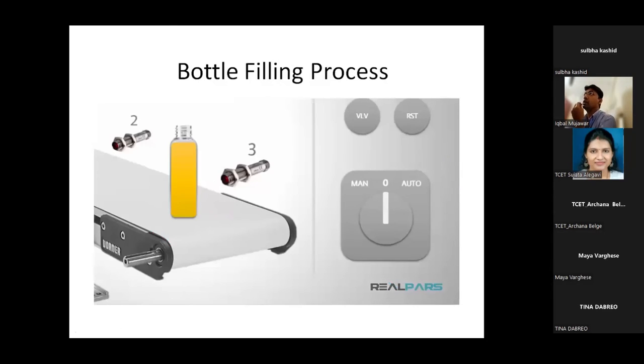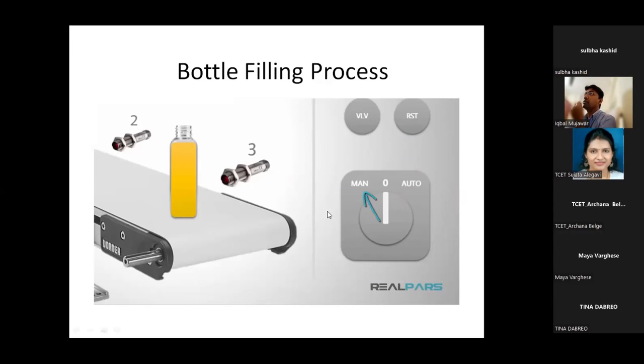What is the process? When it is in off mode, zero mode, sorry, O mode, then the system will be off. It will not work at all. Everything will be stopped. When it is manual mode, the system will run manually. I need to control everything, no automation. But in auto mode, it will be controlled automatically. Everything will occur as per the requirement, the cycle.